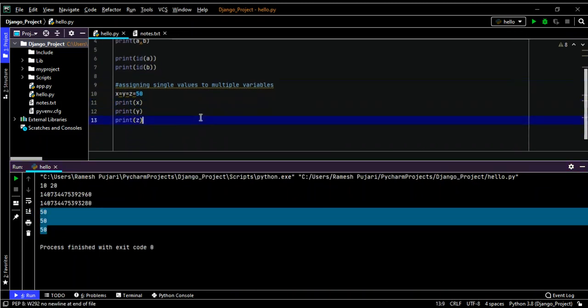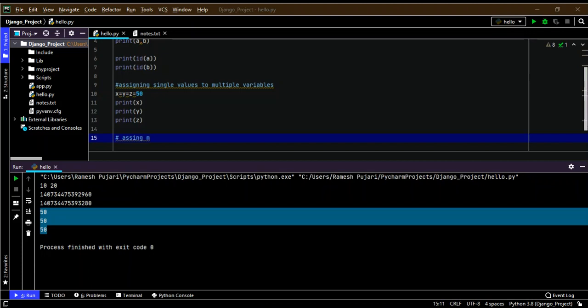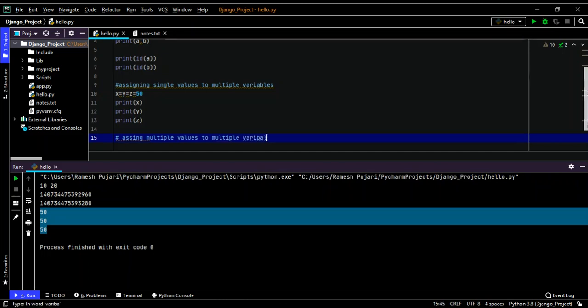Now I am going to demonstrate the next statement, which is assigning multiple values to multiple variables.